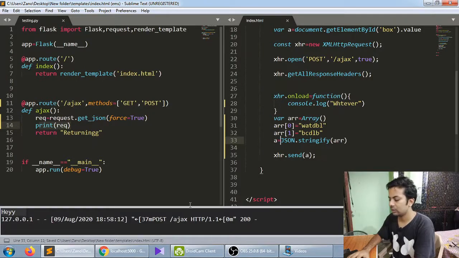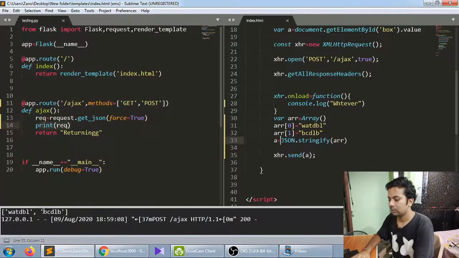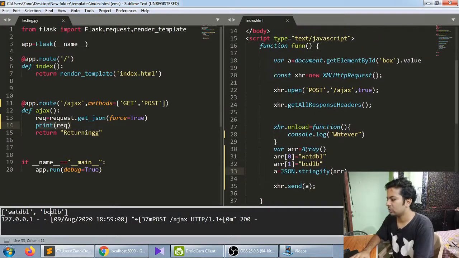I'll just save it and show you how it's working. Submit, see, you can just index it in Python, 0 and 1.